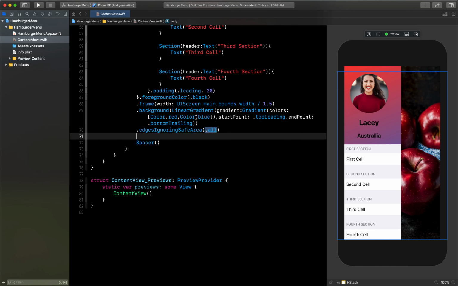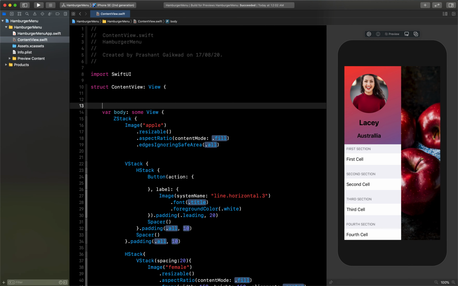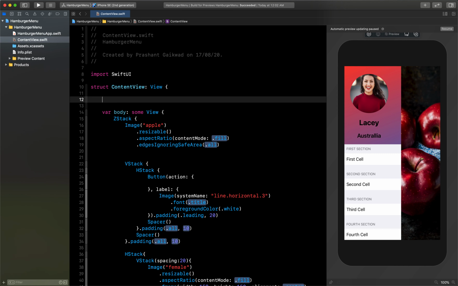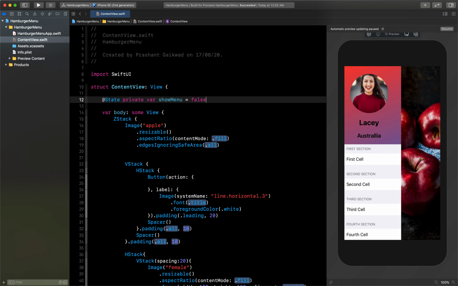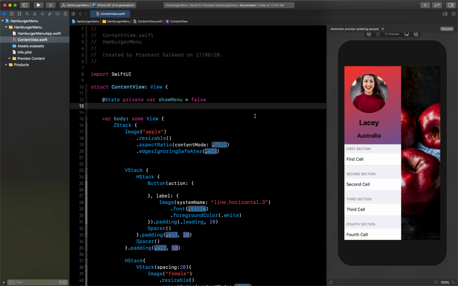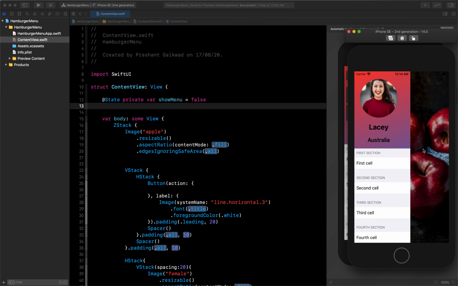Now what we want to do is, after this we have just created by default, if I run the app it will show me always this visible. So for that I need to create one property at the top which will handle the condition of showing or not for this side menu. So I will say @State private var showMenu, it will be by default false. And then after this I want to create one more thing, that is like if you want to give here options, more options you can give here, but currently I'm not using that, so let's not do that.